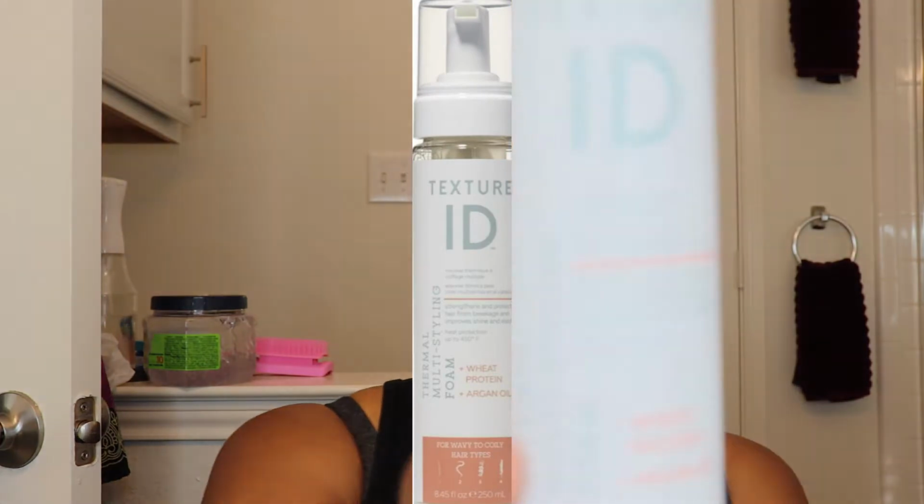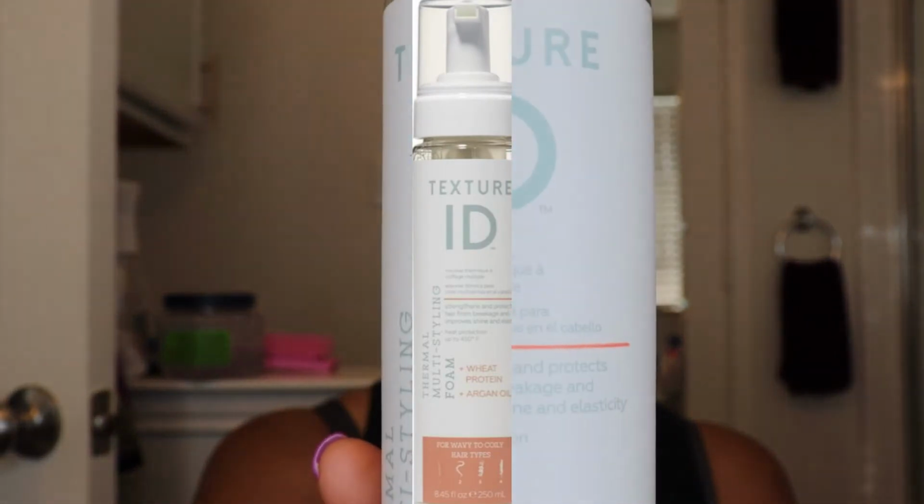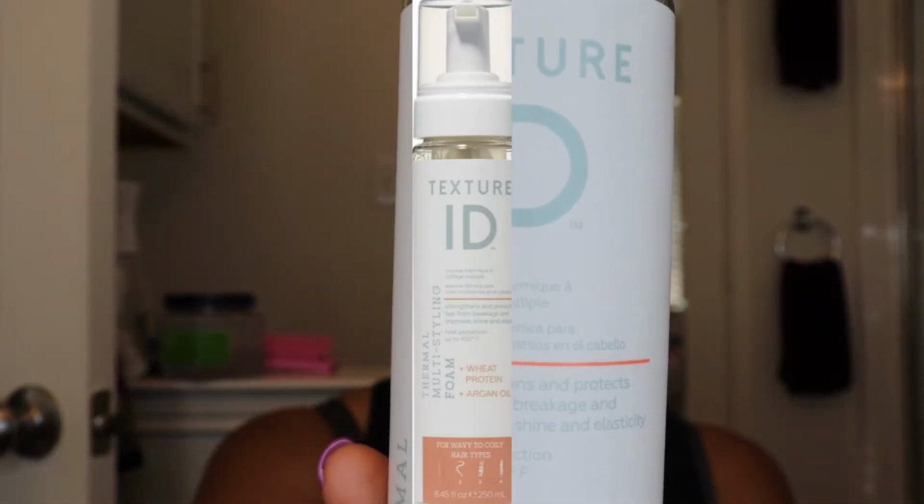So I decided that I wanted to try this Texture ID mousse, and this is a thermal multi-styling foam. And again, this has sweet protein and argan oil, and this is for wavy to coily hair types. And this is what this bad boy looks like. This is my first time using this, and so I'm really excited about using it. I plan on putting this in my hair along with the John Frieda Freeze